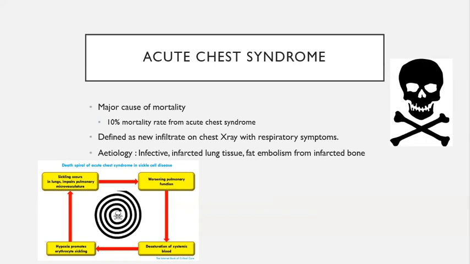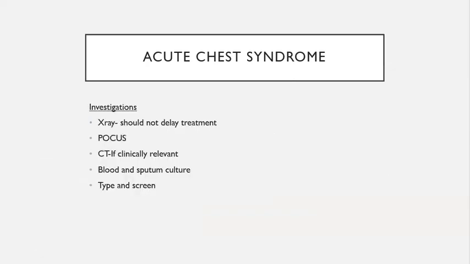So essentially, you'll have this hypoxia that promotes erythrocyte sickling. The sickling then occurs in the lungs and impairs the pulmonary microvasculature. This then worsens pulmonary function. Because your pulmonary function is not good, you have desaturation of systemic blood, then leading to hypoxia, and so you have this vicious cycle. In terms of the investigations that can be done, x-rays, but this should not delay treatment,